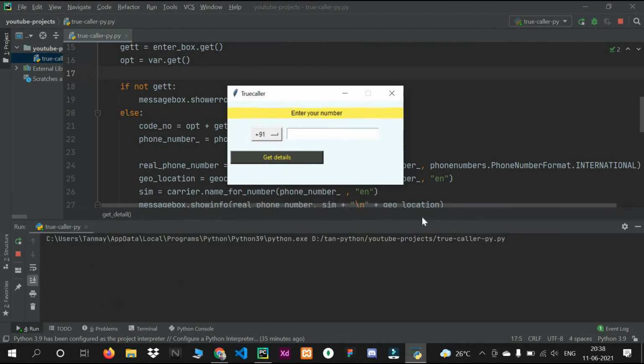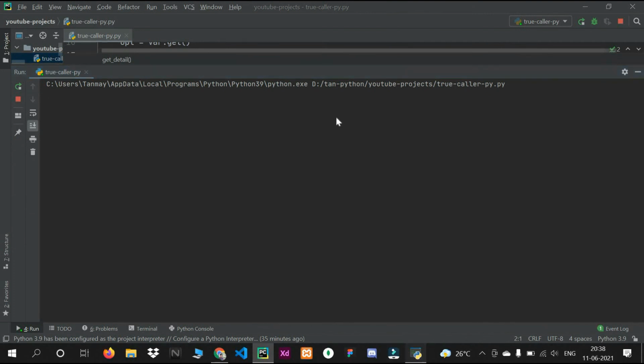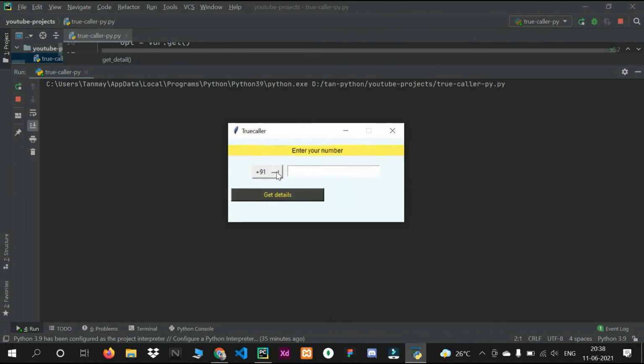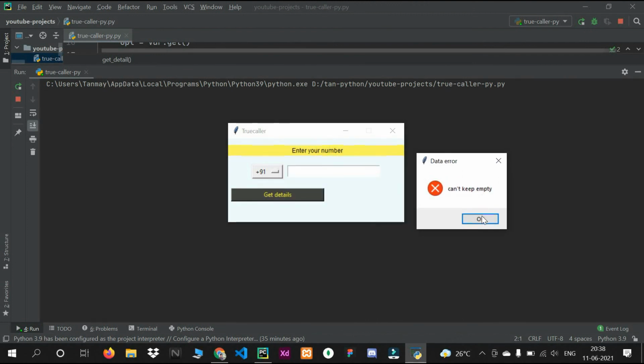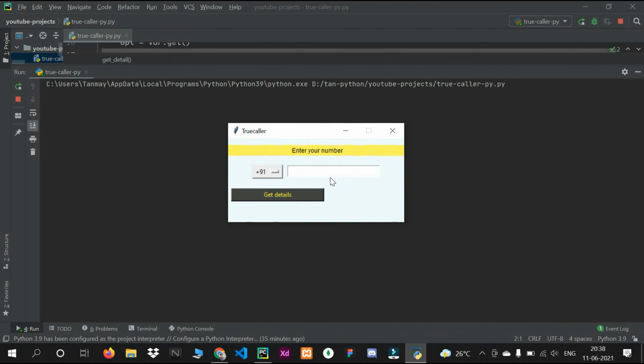So you can see this is our small GUI with numbers. If I click indicate, you can see the error message, can't keep empty, so we have to pass the number. So we will take one number, let's say 8766381519.